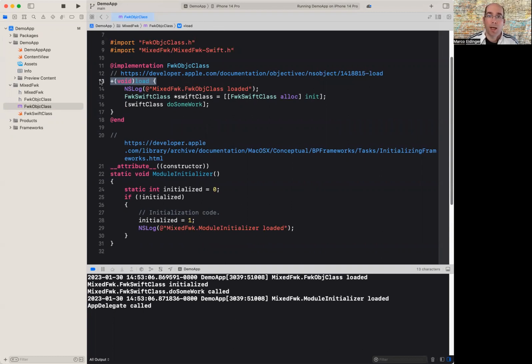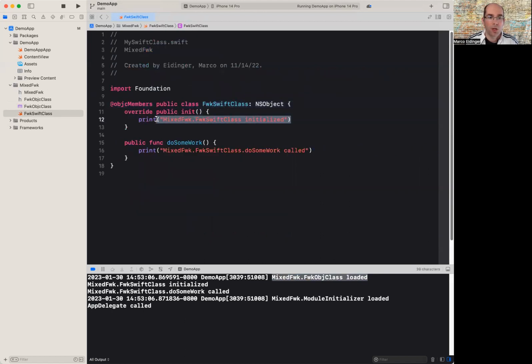In this case, I am then delegating the majority of the work to a Swift class. I initialize the Swift class and I can call then functions where the main logic will happen. So in this case, we have seen here that this print statement is executed by this NSLog statement. Then in the Swift class, in its initializer, I'm logging some information, and when the function of the Swift class